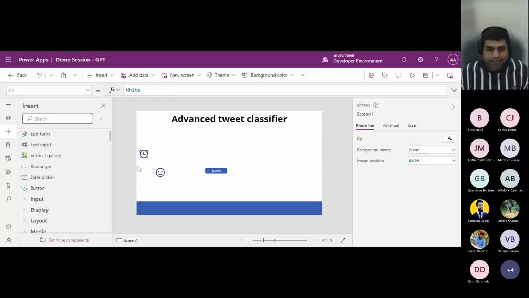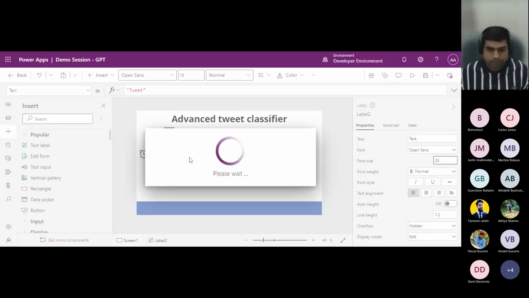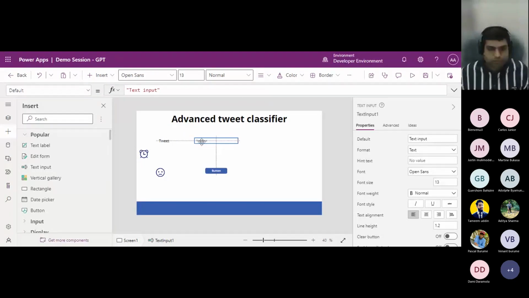We can add a text here, and for example, we will take some input. We will take input for the tweet. Before that, we will add a label here: tweet. And we can then add a text input, so we will be taking the tweet input. We can add that here, and we can also add some hint values. So for example, type your